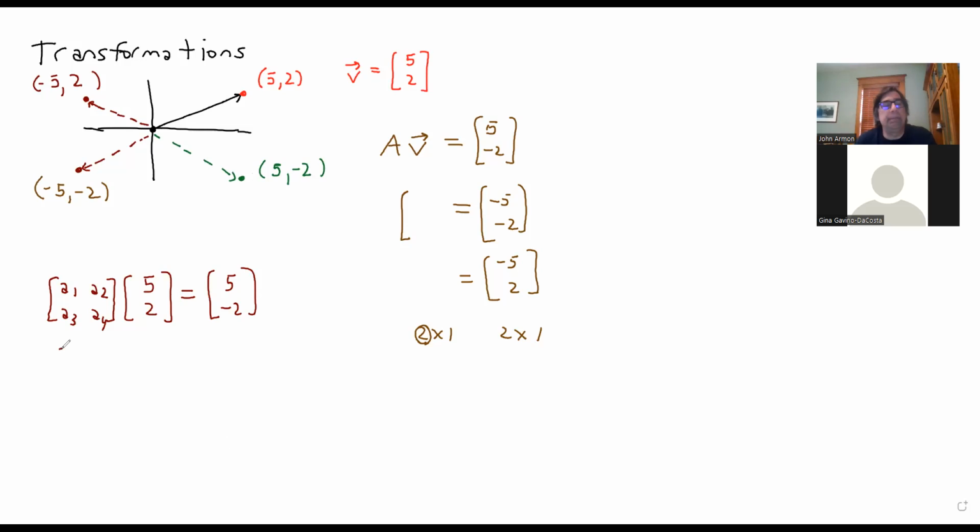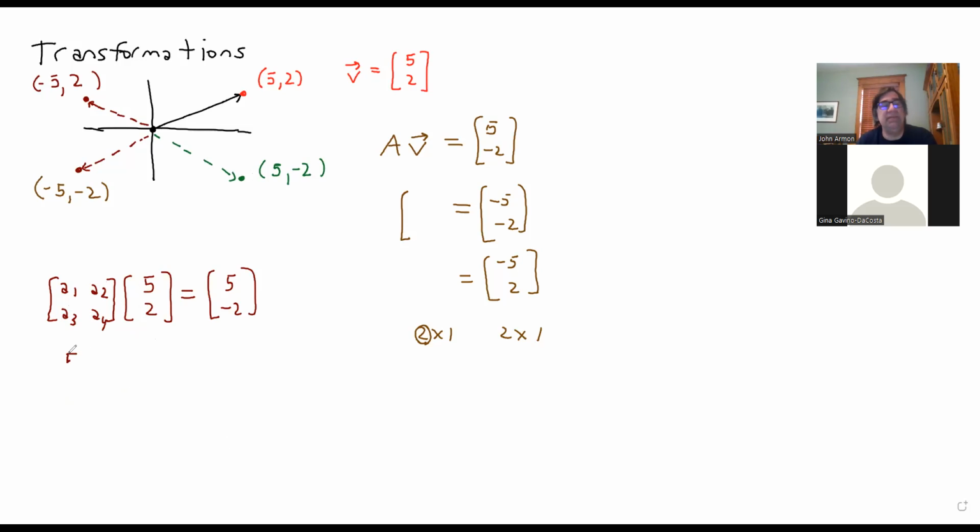So you could think of this as a system. Let's actually do the first one as the system, and then the other ones where you do a little guessing and checking. So the system that you're solving here for a sub 1, a sub 2, a sub 3, a sub 4